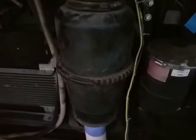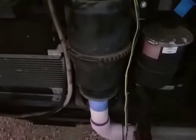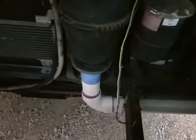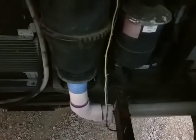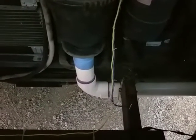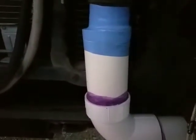So I went to a hardware store and got all the stuff I needed and made what I'm going to call the Evans dry air intake system. Anyway, it's just a 3-inch piece of PVC. I've got some pressure wrap tape right there going into the air filter,